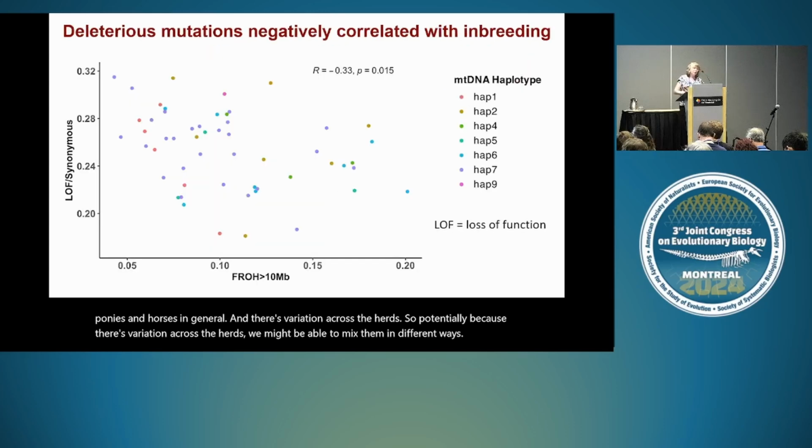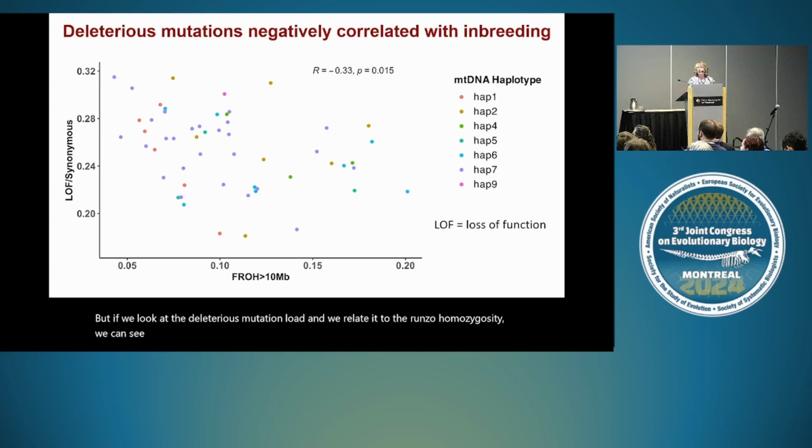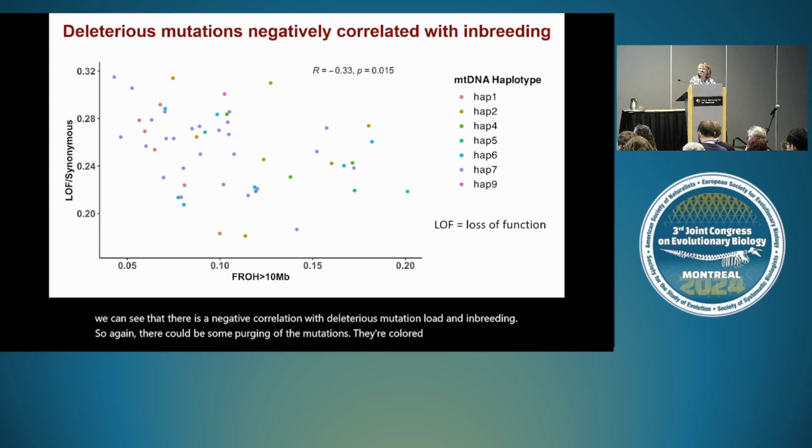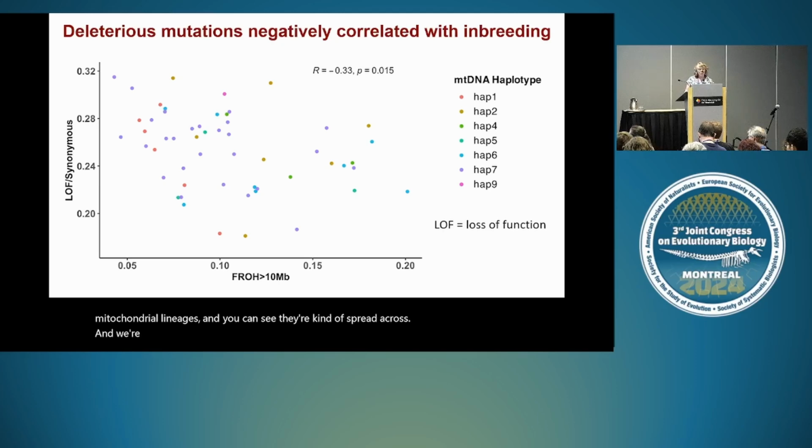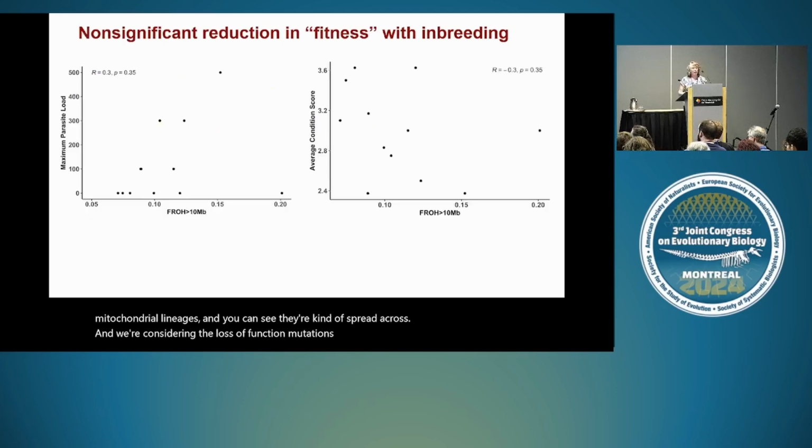But if we look at the deleterious mutation load and we relate it to the runs of homozygosity, we can see that there's a negative correlation between deleterious mutation load and inbreeding. So again, there could be some purging of the mutations. They're colored by mitochondrial lineages, and you can see they're spread across, and we're considering loss of function mutations again. Then, if we look at the fitness, what we can see is that there's a non-significant